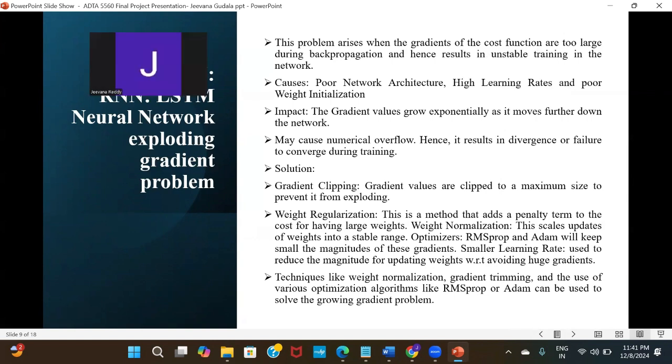So this problem mainly occurs when the gradients of the cost function are too large during backpropagation, and hence results in unstable training in the network. Due to this, it causes many problems such as a poor network architecture, high learning rates, and poor weight initialization. It impacts the gradient values, which grow exponentially as they move further down the network, and may cause the neural network to fail. Hence, it results in the divergence or failure to